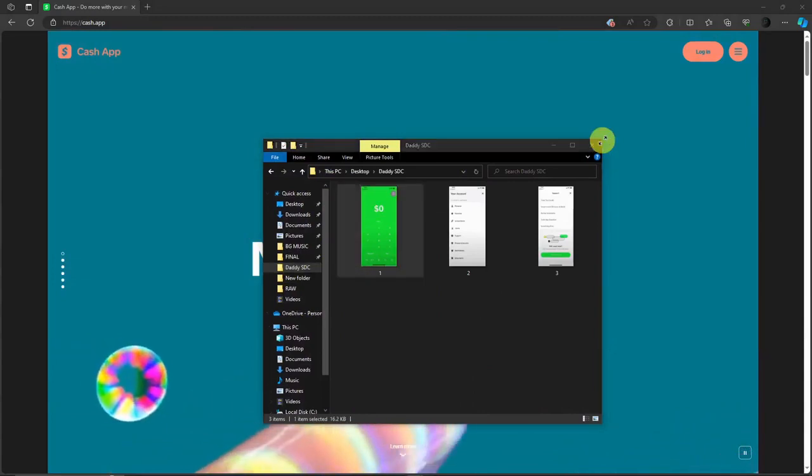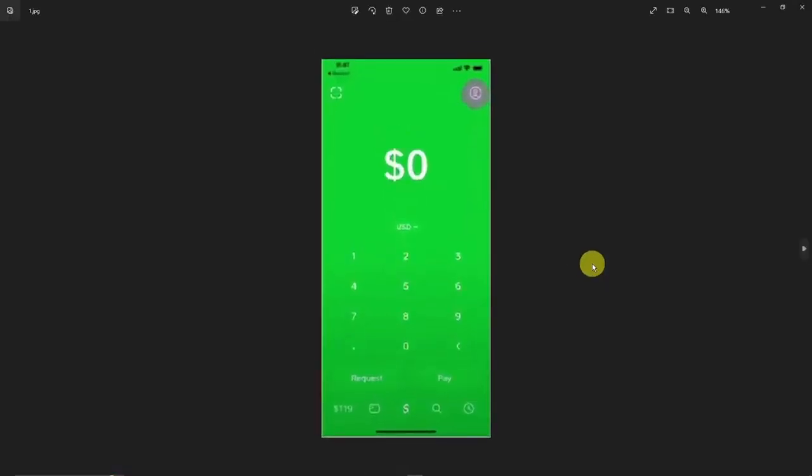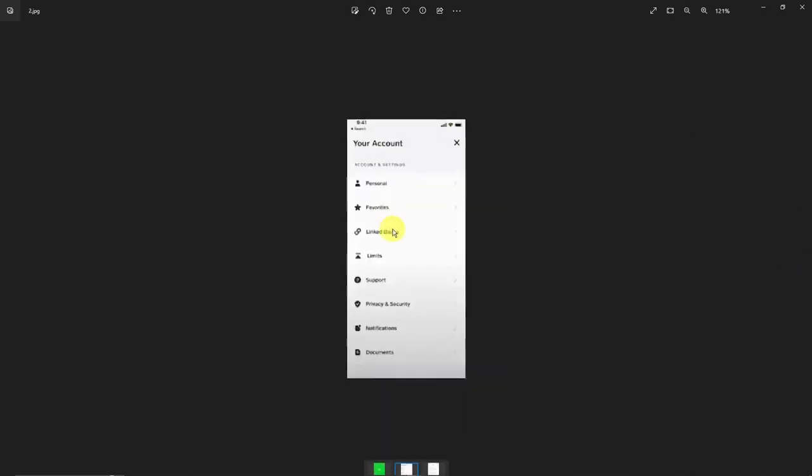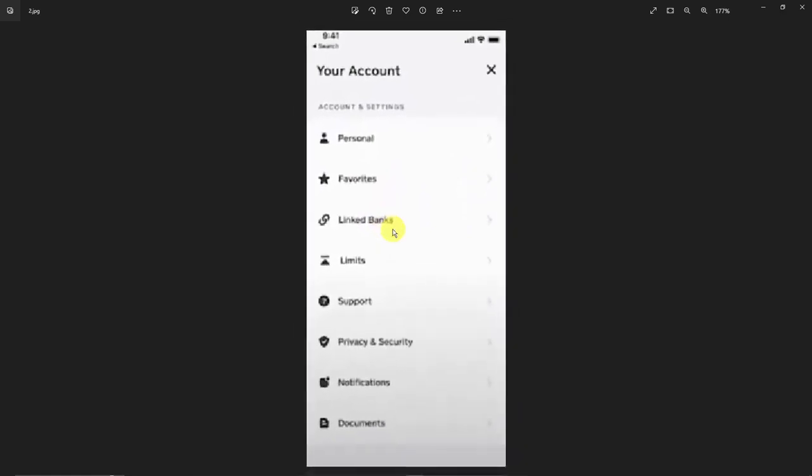Let's get started. So the first thing you want to do is of course open the Cash App application, and this should be your landing page. On the top right section, you'll see this icon. This is gonna be a profile section icon. Make sure you click on that because you're going to be arriving on this choices or this platform, and click